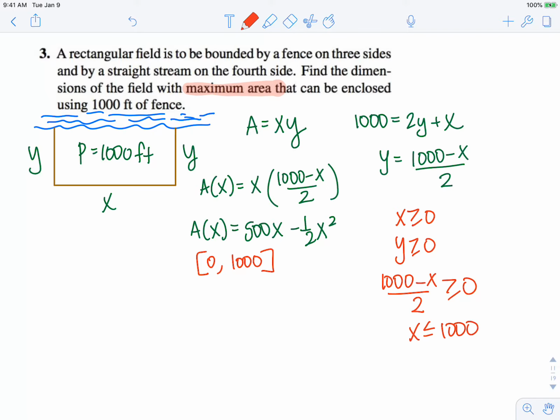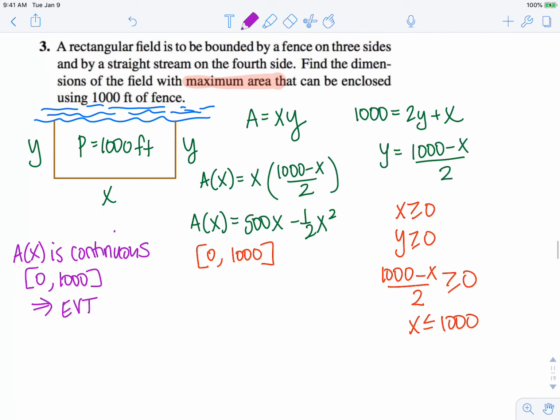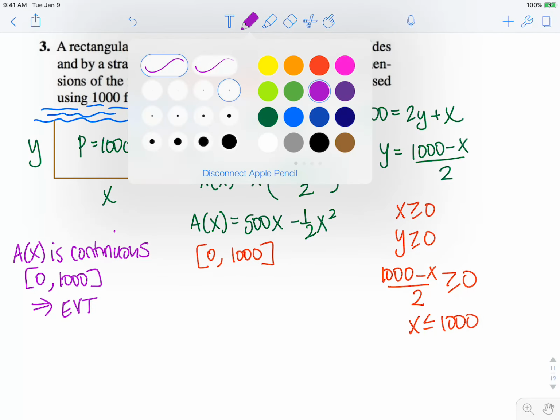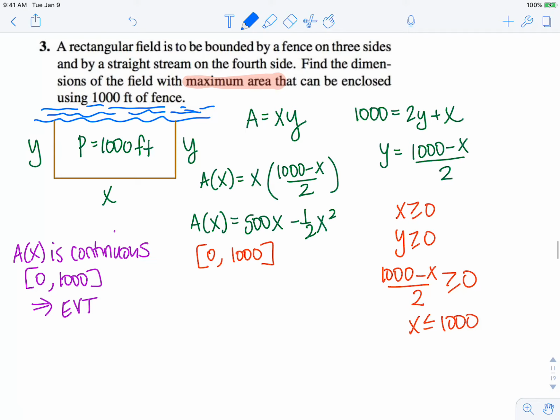So now we need to figure out how to maximize this area. First thing we recognize is that A of x is a polynomial function, so it is continuous on this closed interval 0 to 1,000. So that means we can apply the extreme value theorem. The extreme value theorem states that the absolute max or min will happen either on the endpoints or at a critical value. So in order to find the critical values, we need to find the derivative of our area function,